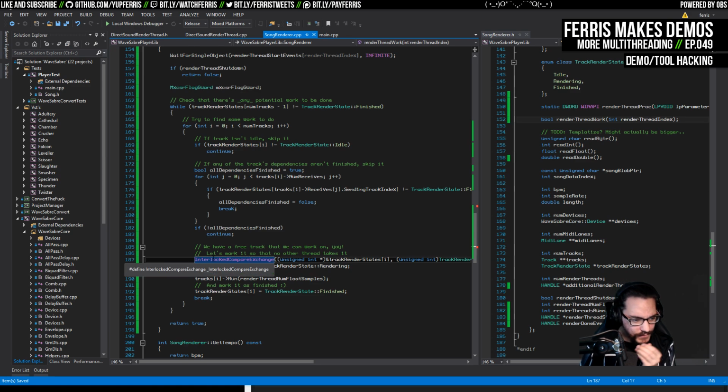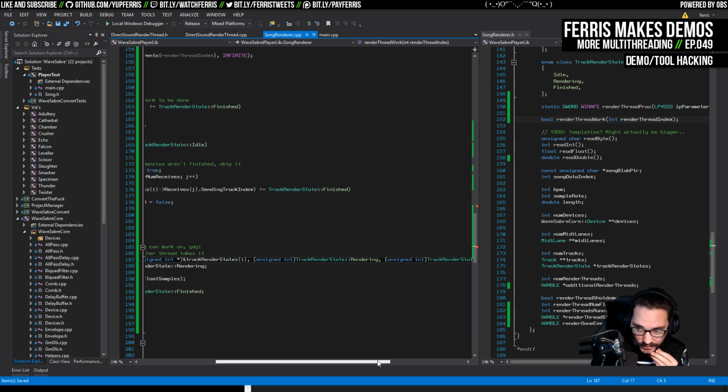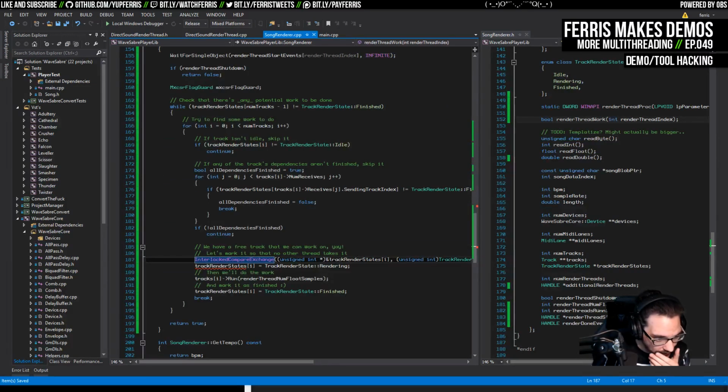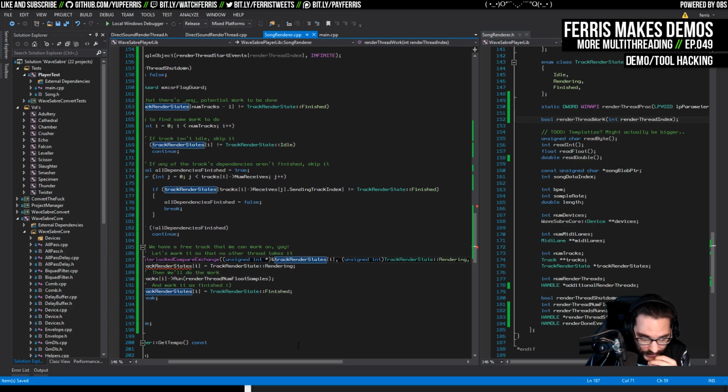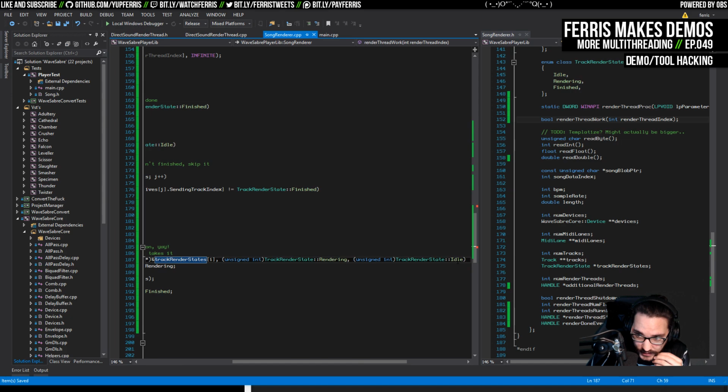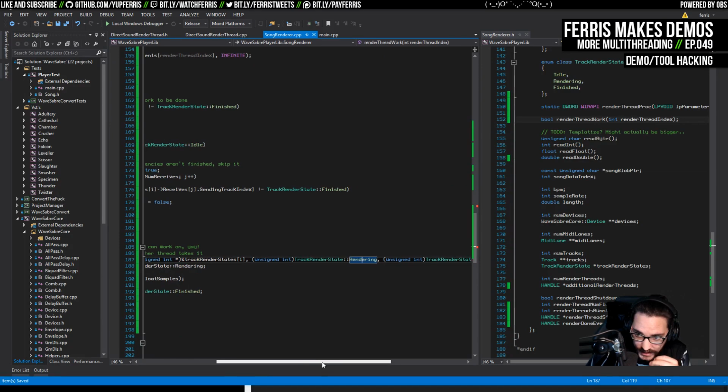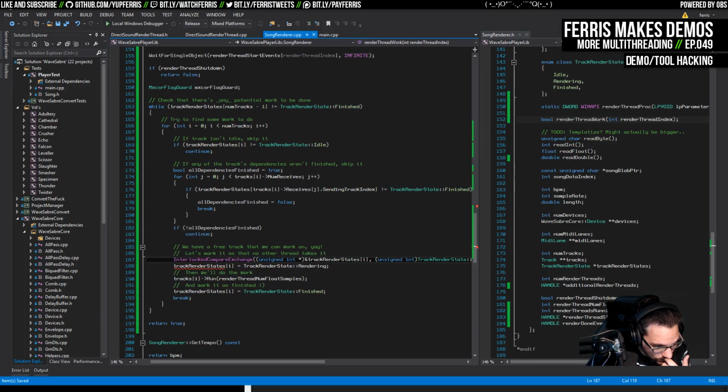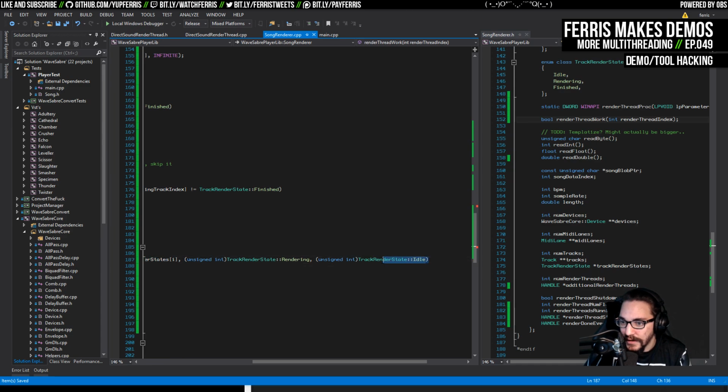And then this is going to return, I believe, the value that was in there. And we need to make sure that that was rendering. Let me double check on this. Yeah, so it should compare the one in this pointer and this value. If they're equal, it will swap the value that was in there with this value, and we'll know whether or not it did that by the return value, which is going to be the initial value of this, which we hope is idle. So